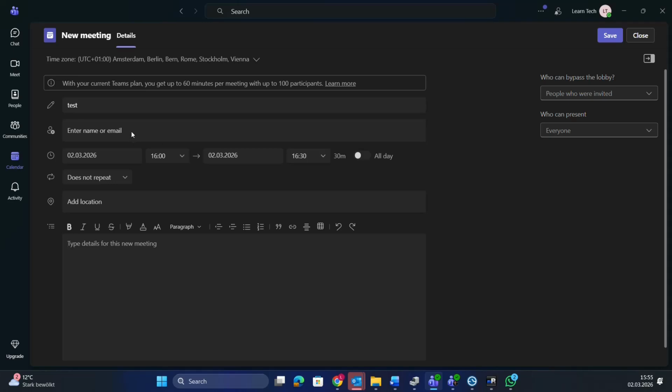So once you did these basic settings, define the time, define the date, and then over here you can also choose who can bypass the lobby. You can choose this option. People who were invited, they can just go directly on the meeting, or everyone or only me can bypass the lobby, and then I have to approve the others. I'm gonna choose people who were invited, who can present, everyone or only me. You can choose the setting,